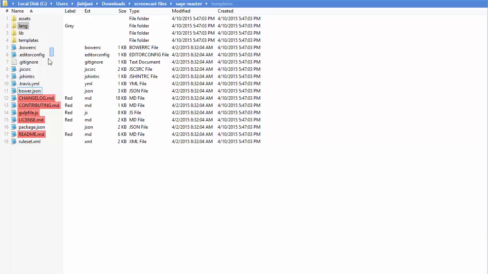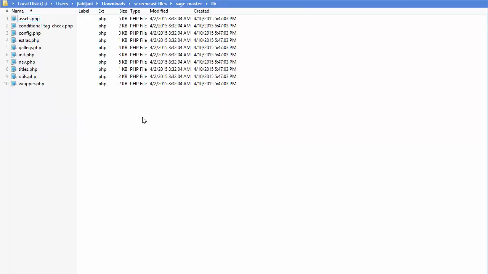Now these files here are related to Bower and your configuration. I won't cover those here, but they do have some importance if you do take advantage of them. You can choose to leave them. This is our Bower JSON file, which we'll be using heavily because Sage takes advantage of a Bower-based workflow. This is our package.json file, which is used for installing the necessary modules from npm, and we'll cover that in a moment. Now let's delete that folder there,